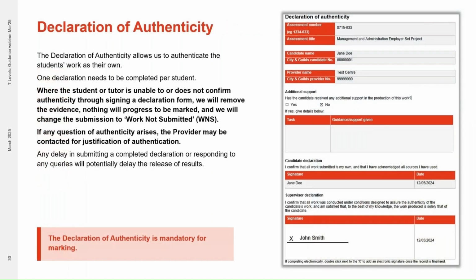The declaration of authenticity allows us to authenticate the candidate's work as their own. One declaration needs to be completed per candidate. Where the candidate or tutor is unable to or does not confirm authenticity through signing a declaration form, we will remove the evidence, nothing will progress to be marked, and we will change the submission to Work Not Submitted, or